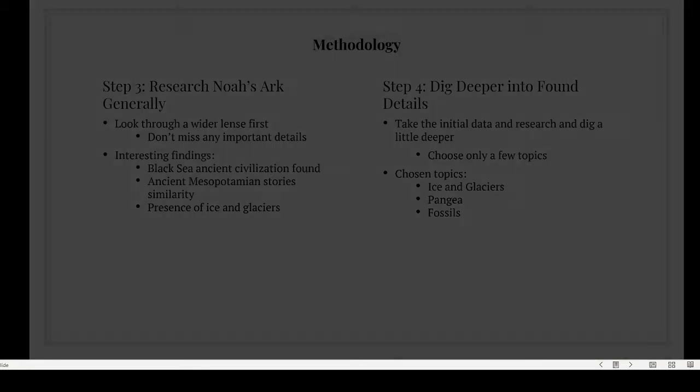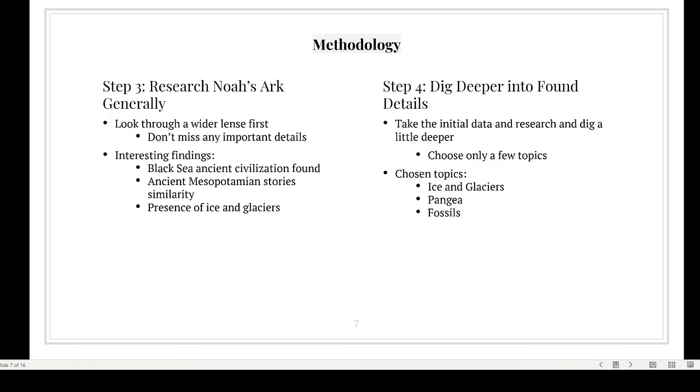The third step was to do some general online research about Noah's Ark and its historical accuracy to see what I could find, because it is very helpful when researching to first look through a wider lens so as to not miss any important details. After looking at the story and researching some general topics about it, then the details and more specific facts can and should be researched. Using the very non-specific search, proof of Noah's Ark being true, many news articles came up